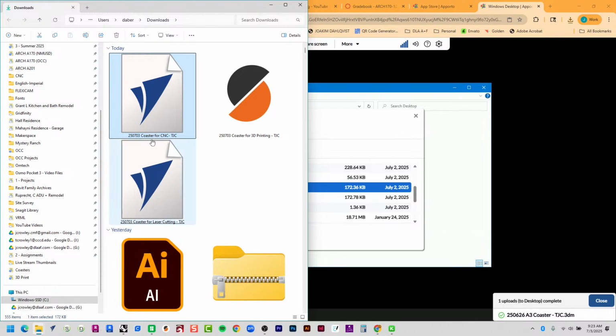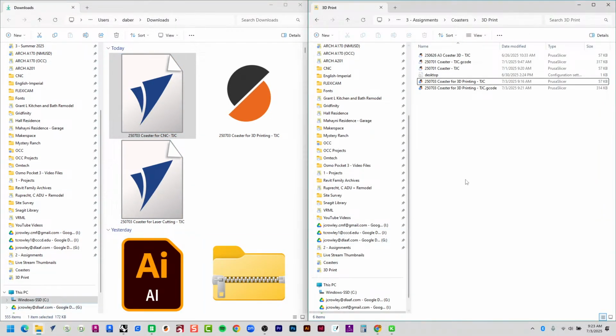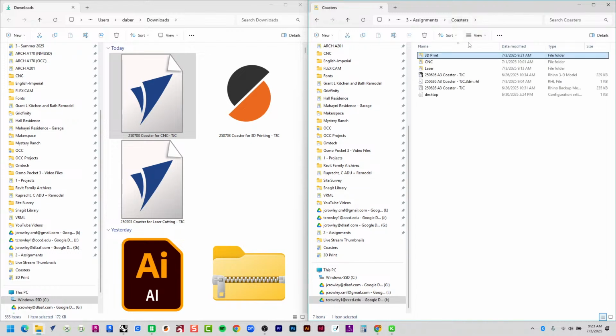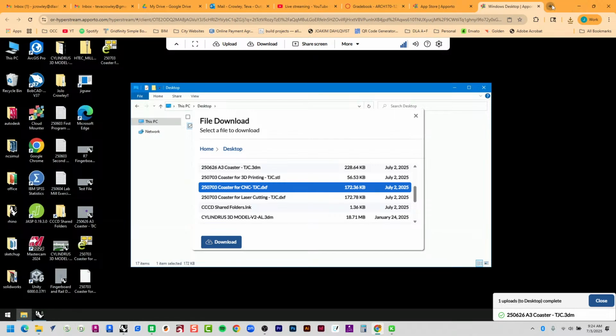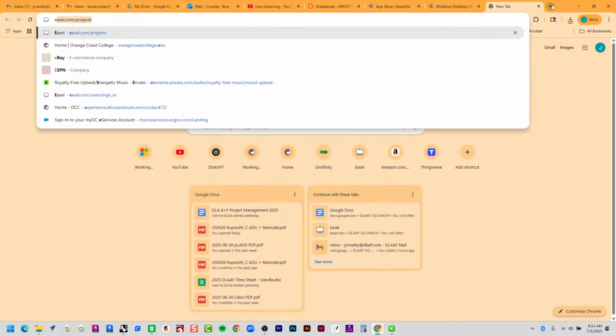Okay, coaster for CNC. So now I'm going to bring up my other file explorer where I'm saving all of my files for this class. I'm going to navigate to where I'm organizing the CNC files. I'm going to drag it over here and copy it. And then for this one, you're going to need to go to